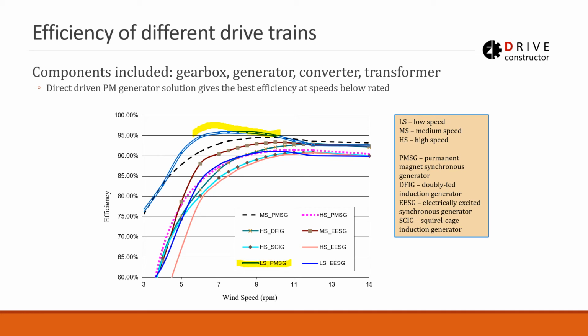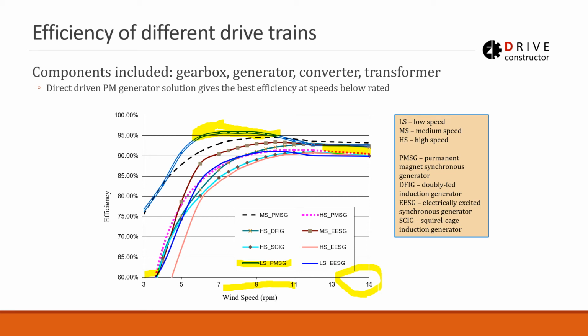Low speed means it is without any gearbox, it is a direct drive, has the highest efficiency in the wind speed between 7 and 11 RPM in this particular example, even though its efficiency is lower than some other efficiencies here in this area at the wind speed close to rated wind speed for this turbine. But the point is that